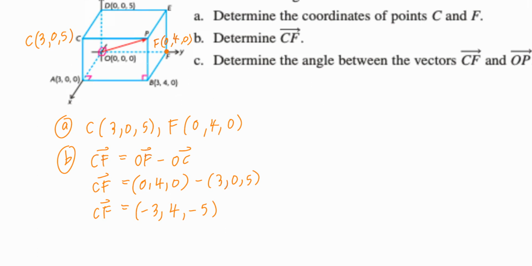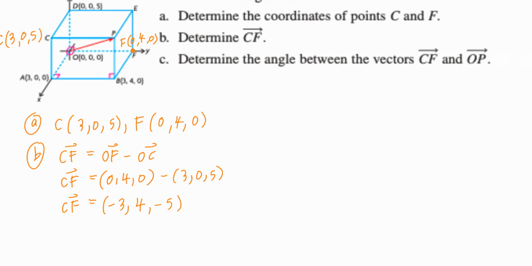Part C, determine the angle between the vectors CF and OP. To find the angle between two vectors, you can apply the dot product. So cosine theta equals vector CF dotted with vector OP divided by the magnitude of vector CF times the